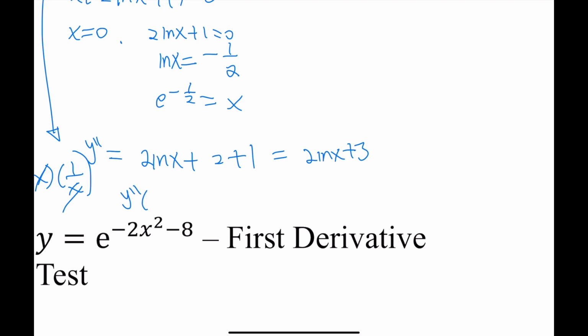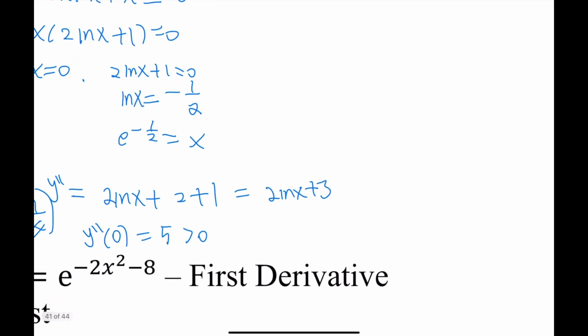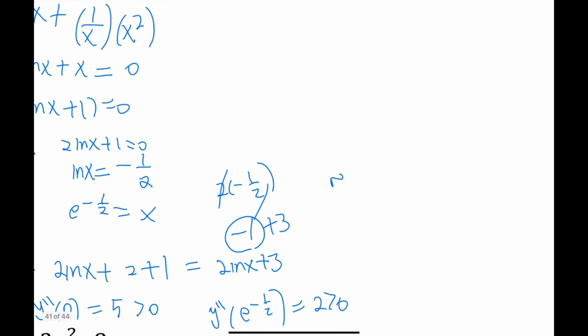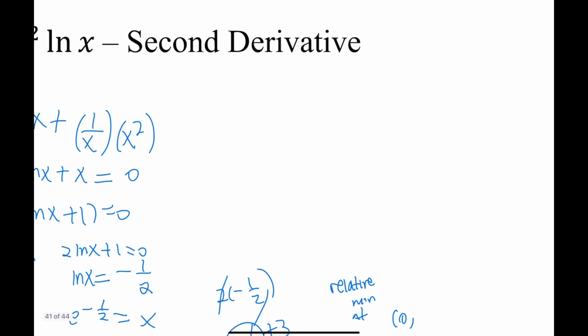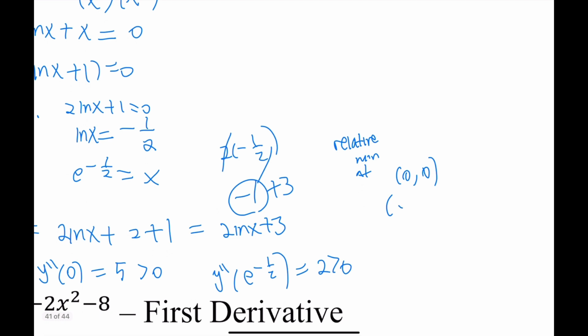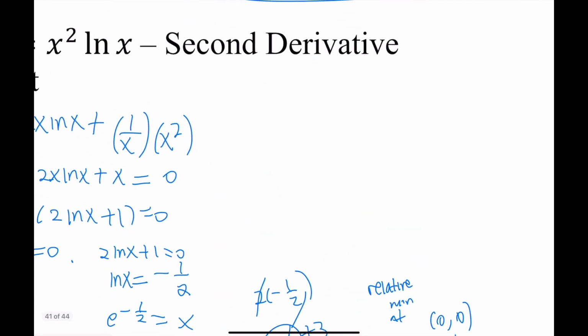So y double prime of 0 would give us 2 ln 0, or 2 plus 3, so 5, which is greater than 0, right? And then y double prime of e to the negative 1/2, we get 2 times negative 1/2, negative 1 plus 3, which is 2, greater than 0. So relative min at 0, and then 0, 0, and then also e to the negative 1/2,